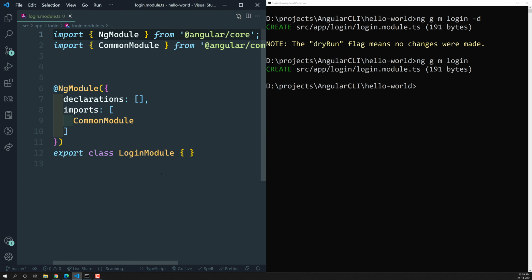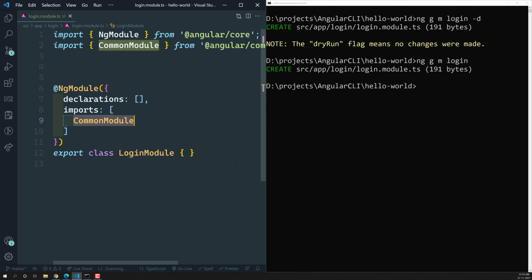In this one, you can see there is one import, CommonModule. For every feature module other than the app module, we need to add this CommonModule so that the common functionalities will be useful, such as ngIf and other directives which we will be using. So this is the CommonModule. Whereas in the app module, there will be no CommonModule; there will be a BrowserModule in the app module itself. In the remaining modules, you will have a CommonModule.